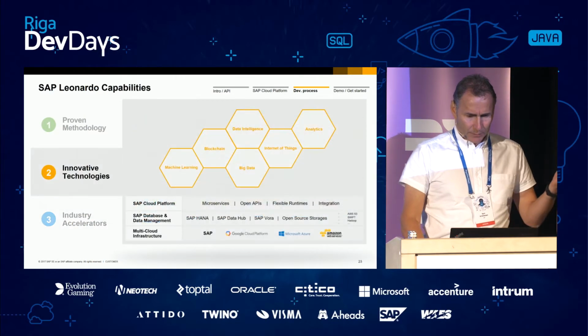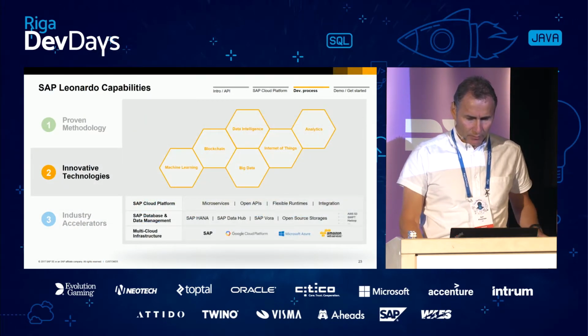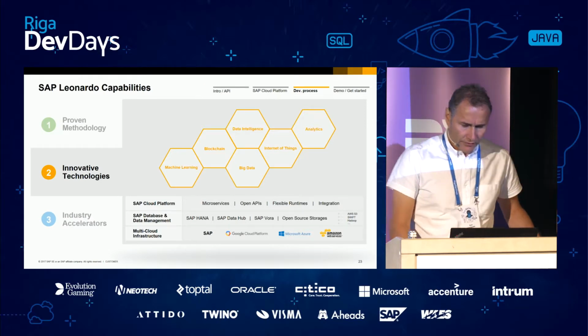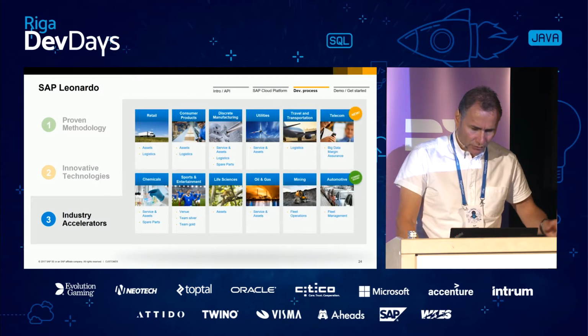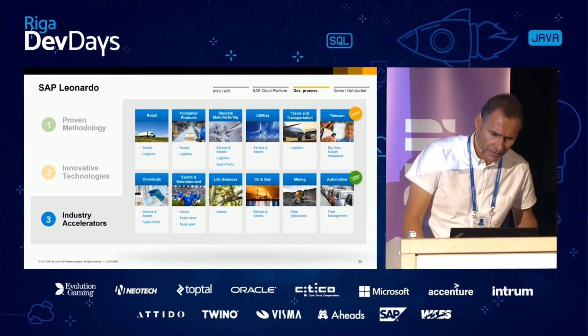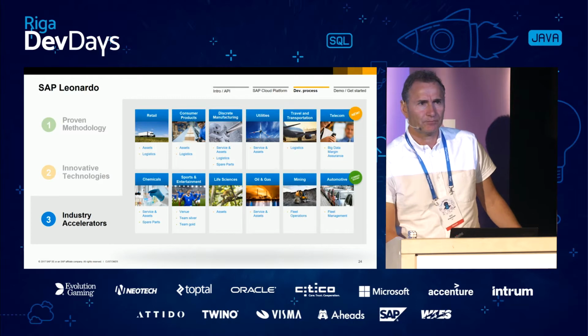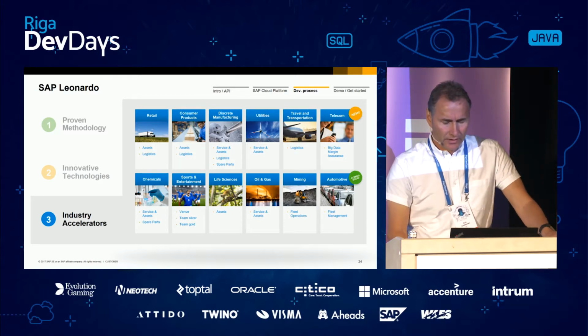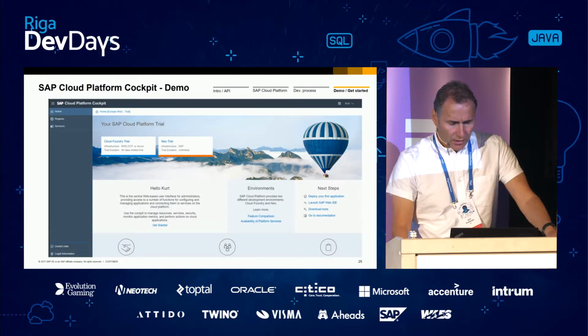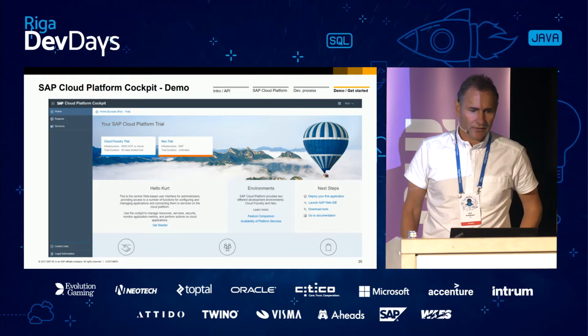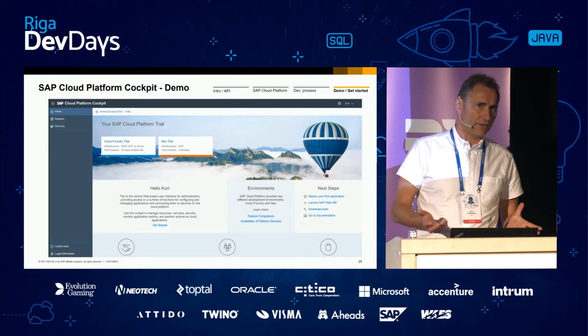So basically those services are then available for developers to build upon. We have also some industry accelerators. So basically, we are using the learnings from the different projects we have in different areas and for different industries. Okay, so now let's have a look at the Cloud Platform Cockpit